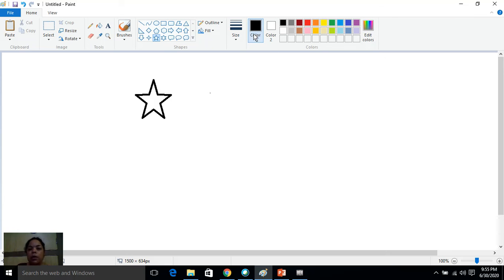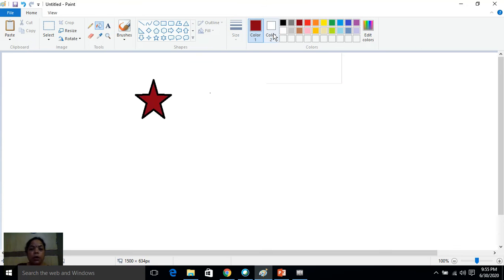To use color 1, I am just telling you how to use this. I am just clicking on color 1. I am choosing the color, and then I will click on the fill with color tool. Then I can fill the color. I am just pressing the left mouse button.